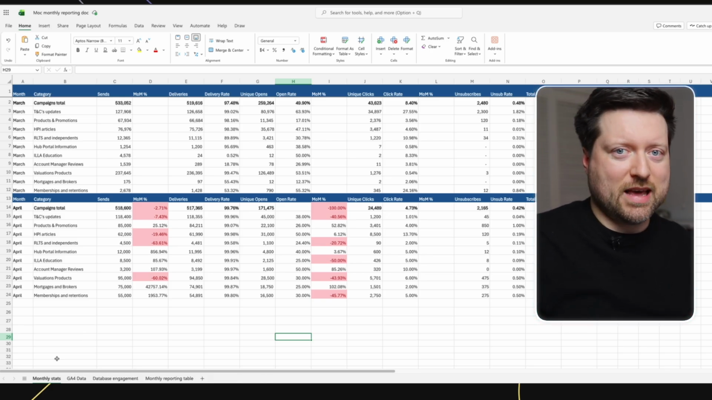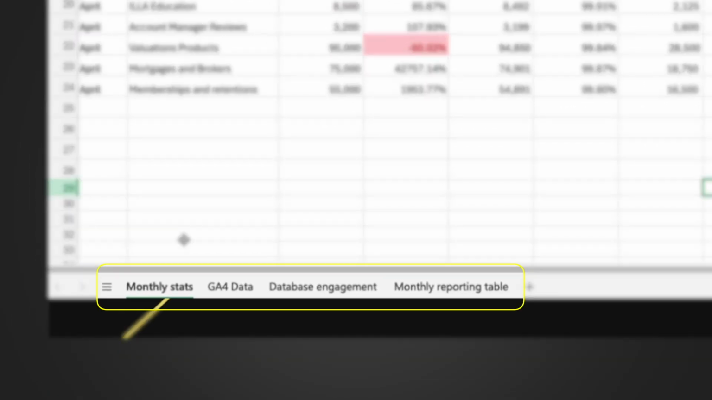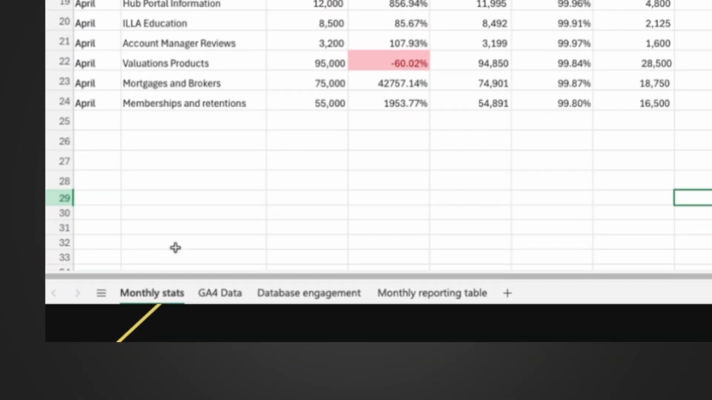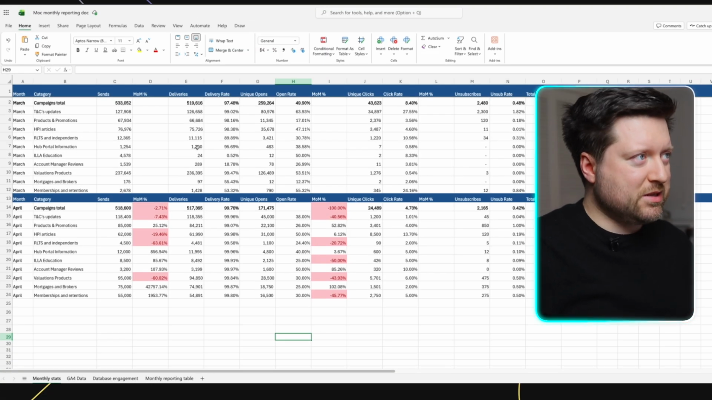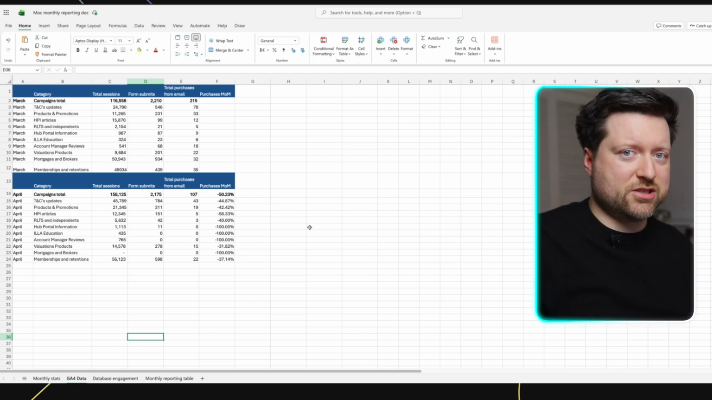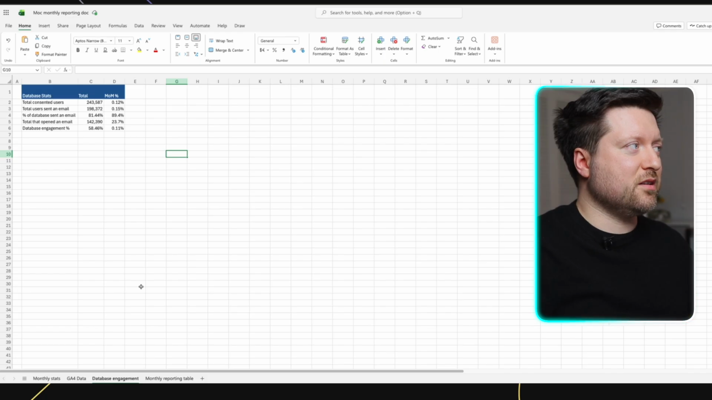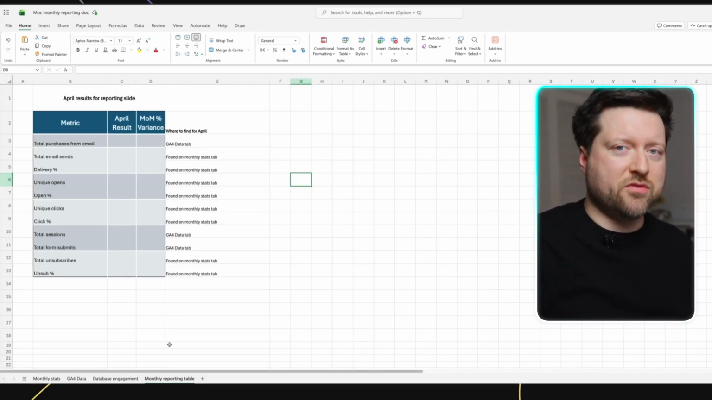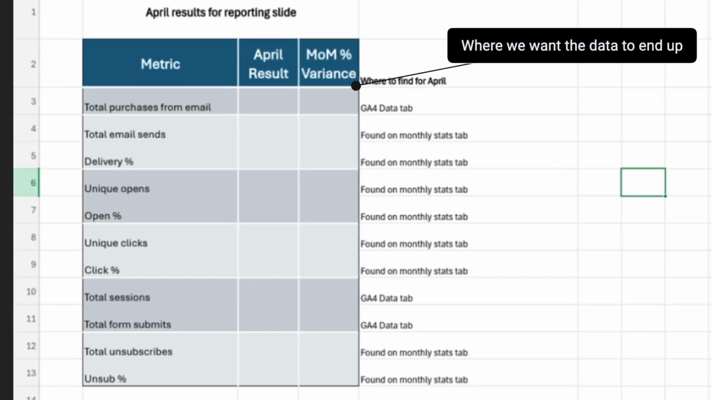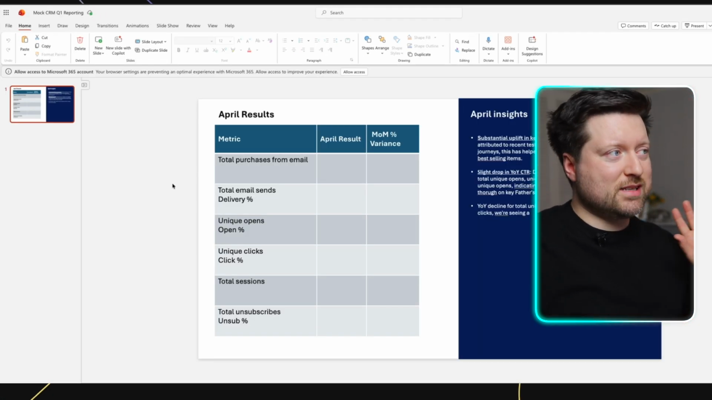And what is usually the case is on one workbook you'll have multiple tabs that hold all the different kinds of data that you need to carry over to the PowerPoint slide. So as mentioned, email engagement here on the monthly stats tab, data from GA4 that's tracking all of the key conversion types and sessions, and extra bits about our database engagements, how often our users are consenting to marketing emails. So all different kinds of things that we want to carry over to this tab here, the monthly reporting table,